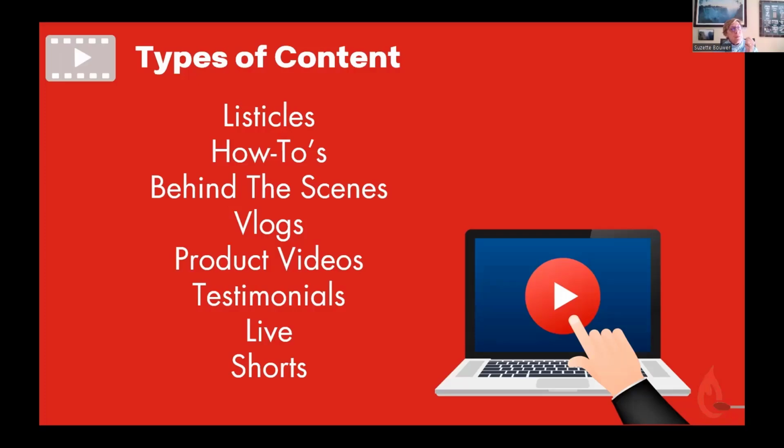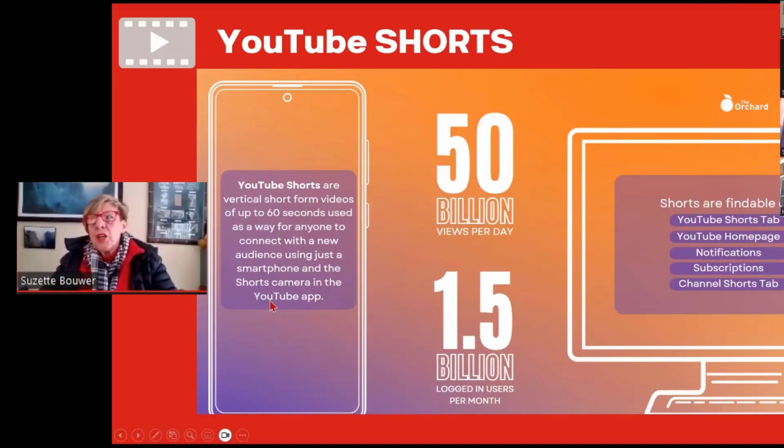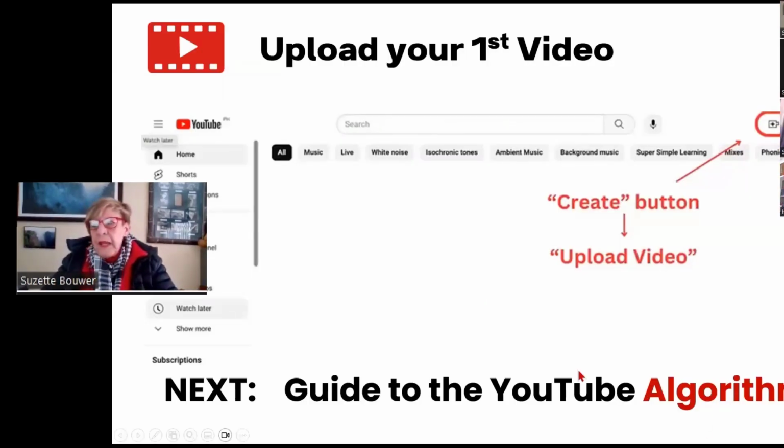I've shown you how shorts get pushed in the suggested videos. They get pushed into the YouTube tab, the YouTube homepage, notifications, subscriptions, the shorts tab. The interesting thing I want to tell you about is the YouTube algorithm takes its signals from how people behave with your content, whether they like, engage, tune in, etc., like all the algorithms. It depends on user behavior. I hope you get that.